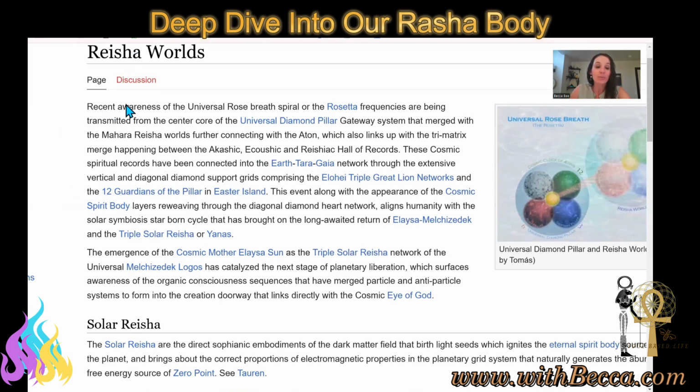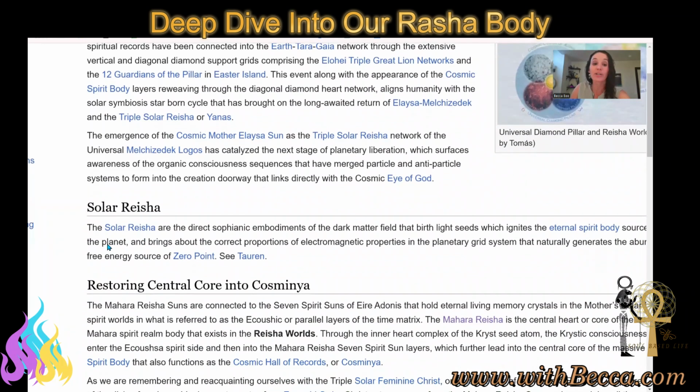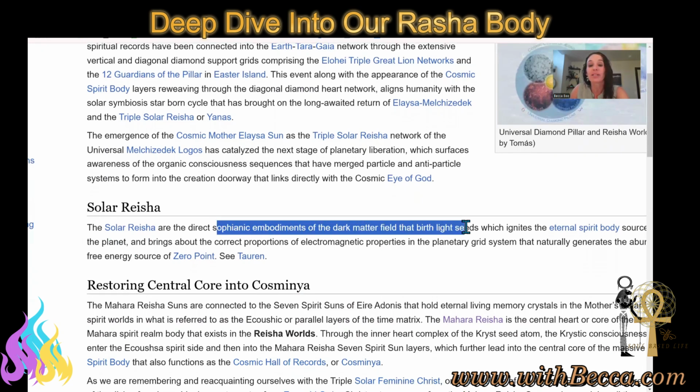And as the Rasha worlds start to connect, they connect to the Rishi Rasha. So they are solar Rishis. The solar Rasha are the direct Sophianic embodiments of the dark matter field that birth light seeds. What are Sophianic embodiments? These are our cosmic dragon mothers: the Christos Sophia, the Christos dragons, and the Taras.